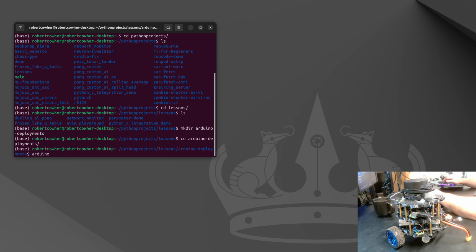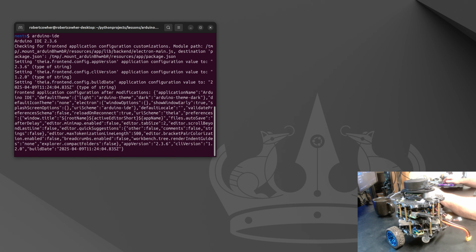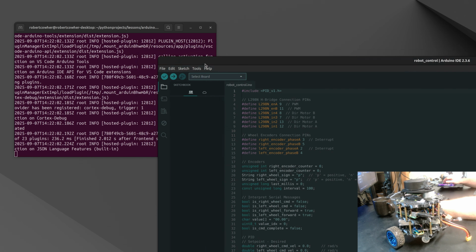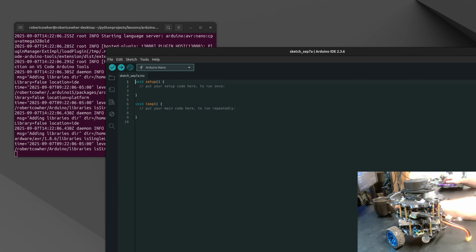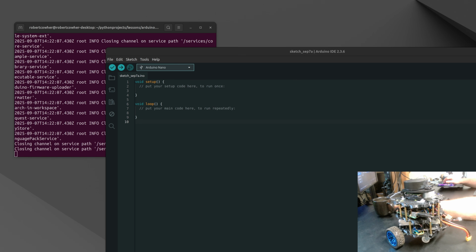So let's fire that up. And we're just gonna do a new sketch and throw some basic code in here. So the first thing we're gonna do, we're just gonna get something in that's gonna make the LED on the Arduino blink. So we'll do pinMode in setup 13, output,